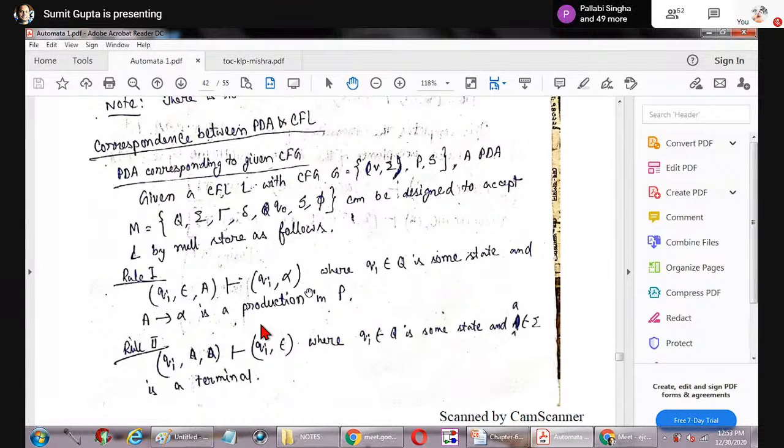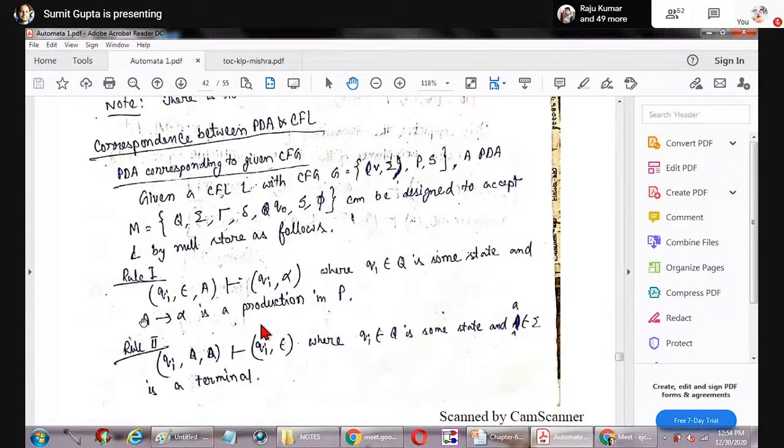Are you understanding what I'm saying? In the grammar capital P there has to be a production that means where A will give alpha, only then this transition is possible. মানে A এর জায়গাতে আমি আলফা পুট করব না, তখন কি পুট করতে পারি? This kind of production, যেমন A gives null থাকে, এখানে A gives alpha will be a production in P, তার correspondence হচ্ছে এইটা।